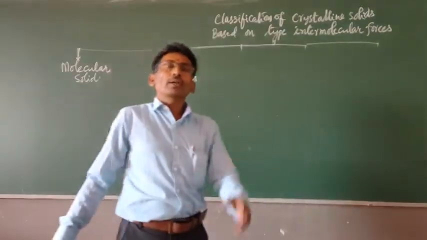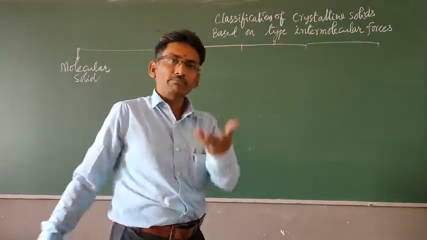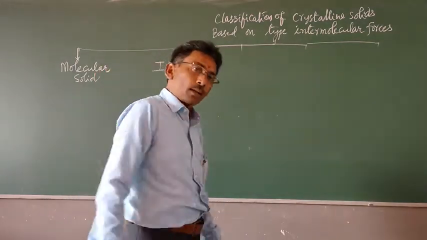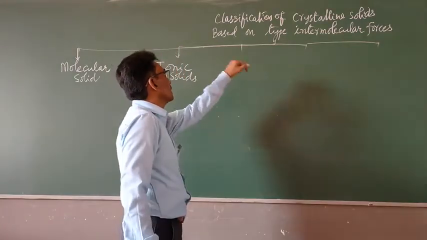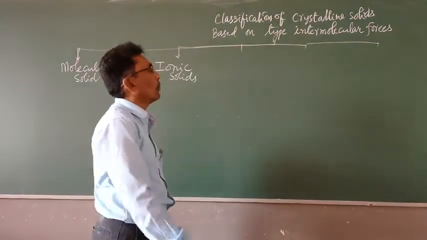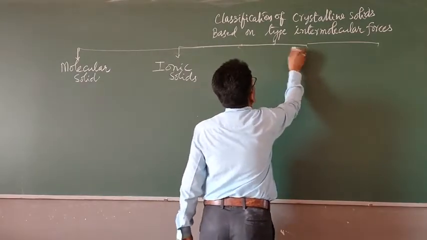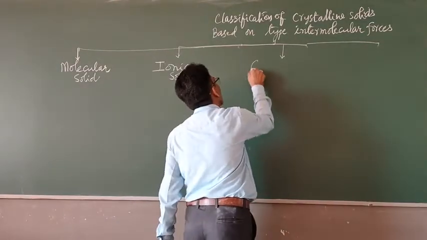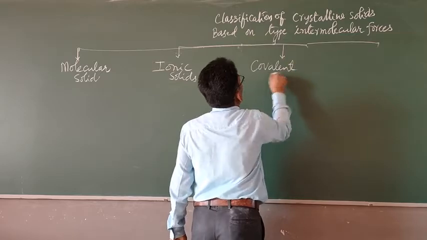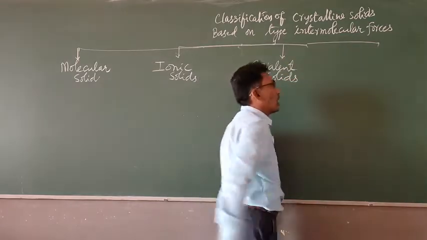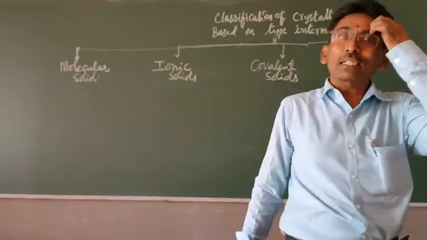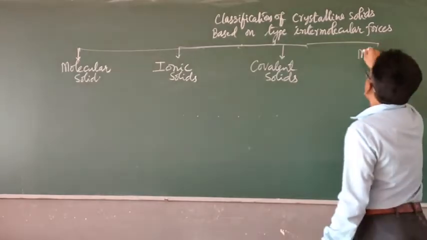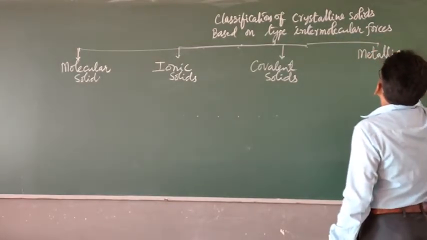Now come to your experience with different materials like silicon carbide, carborundum, diamond, graphite. These are all solids existing in nature with a systematic arrangement of the particles, and that class is known by what are occupying. They are held by forces, and that is known as covalent solids. And lastly, you are experienced with different metals in our daily life, and the metals with which bond? Nothing but metallic bond, and they are known as metallic solids.